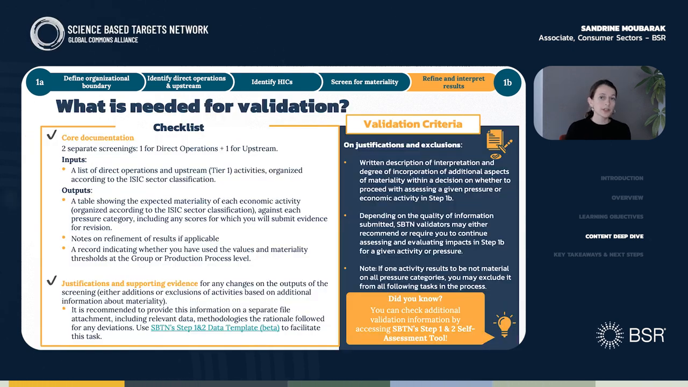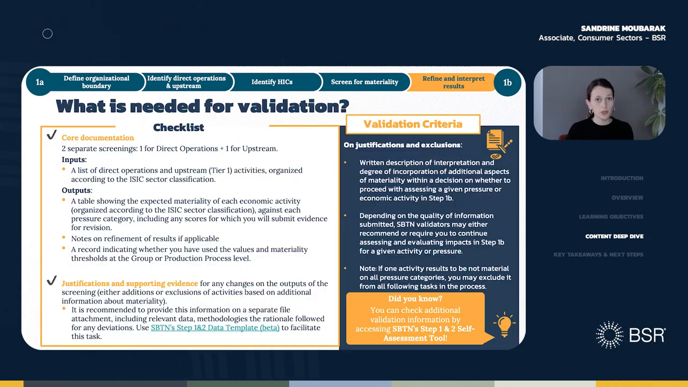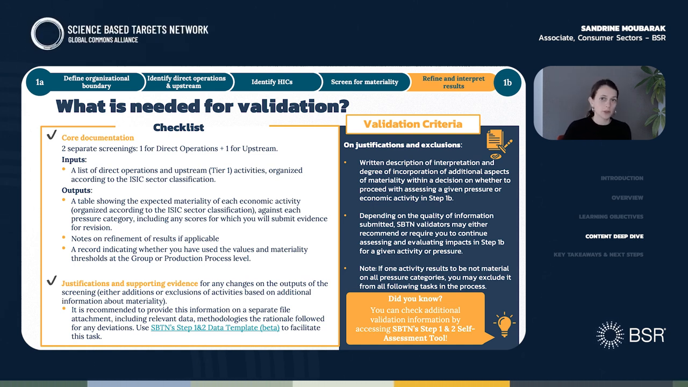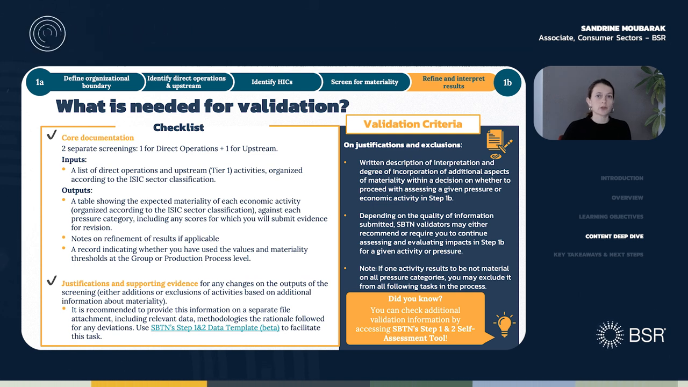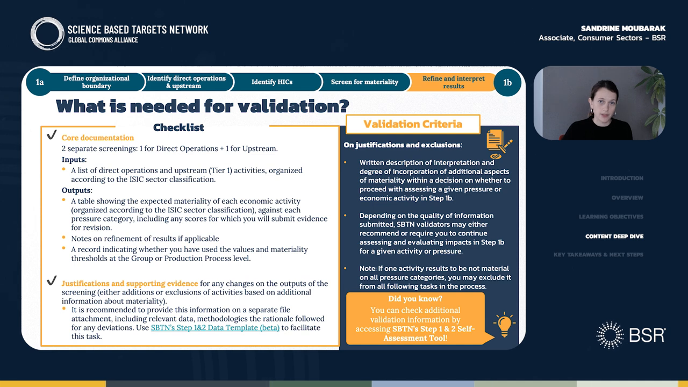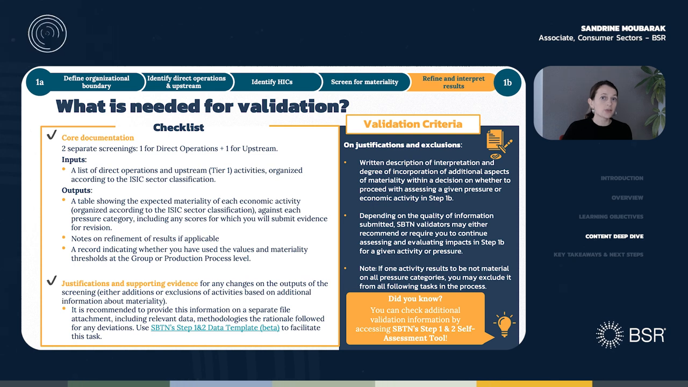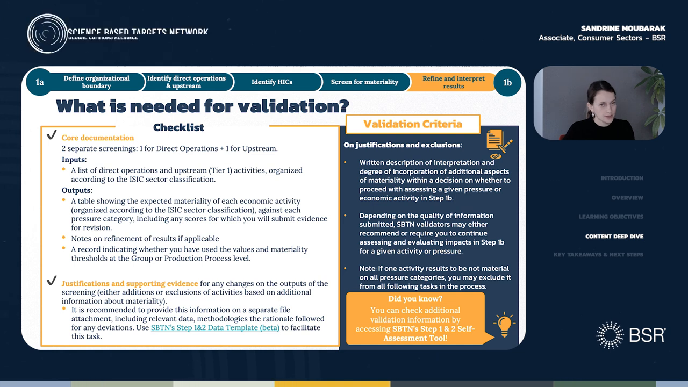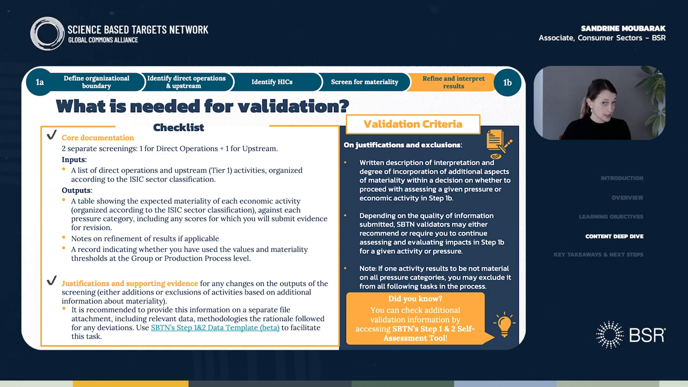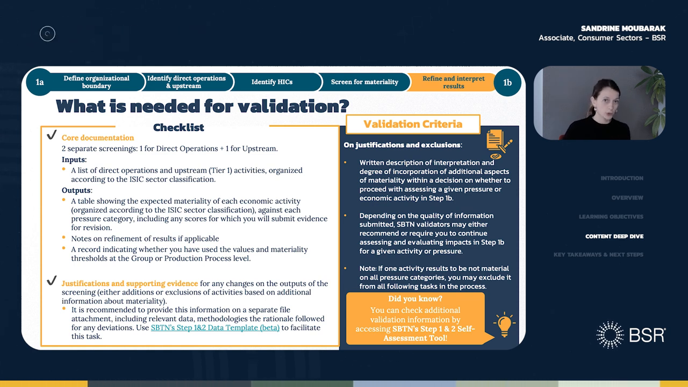To sum up, after completing the assessment using the materiality screening tool, you'll be expected to record the following: 2 separate screenings of your value chain activities, one for your direct operations and another one for your upstream. A record indicating whether you have used the values and materiality thresholds at the group or production process level. A record indicating whether any of the production processes associated with your activity group do not accurately describe your activities. And a record indicating whether any of the production processes assessed, separately or in association with a group, are over